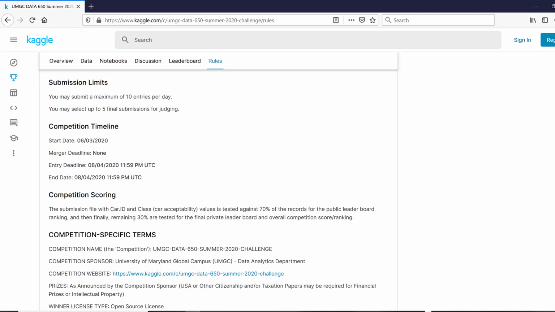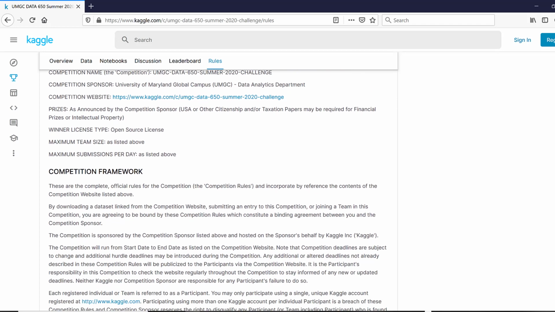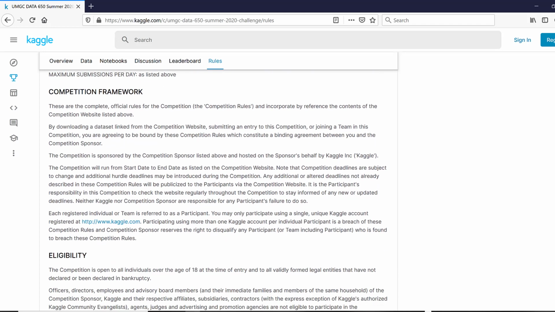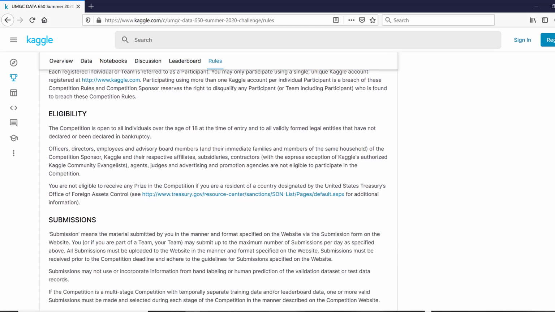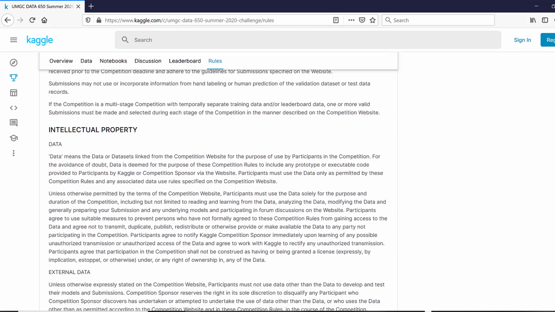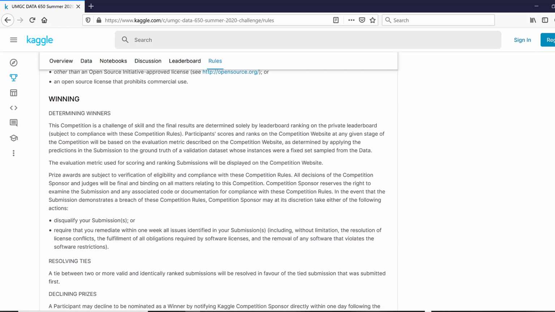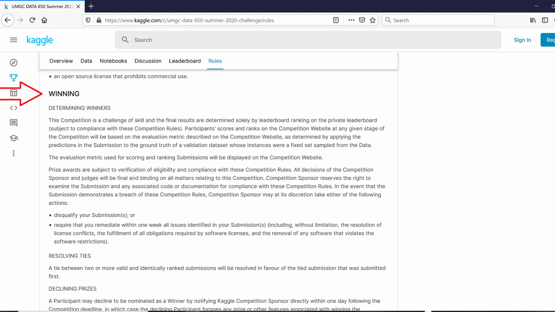Then we can just continue to read through all the framework. Some of this verbiage is pretty standard for all Kaggle competitions, so you may just read through it. What is going to be another important piece in here, besides all that is mentioned, is about the winners, right? So a couple of things here. The winners will be decided during the last week of your semester, and the way it's decided, of course, the scores would be displayed, and you pretty much know at the end who the winners are.